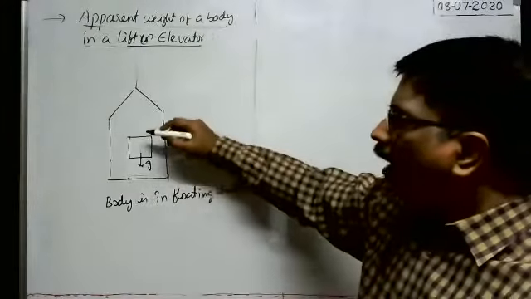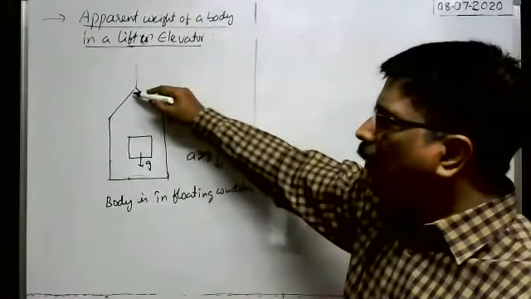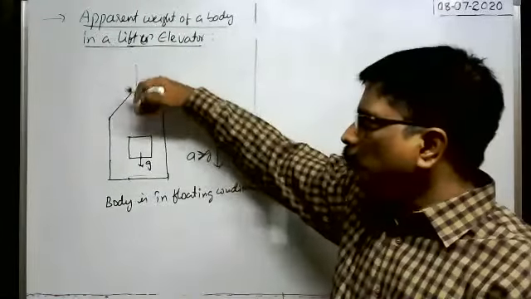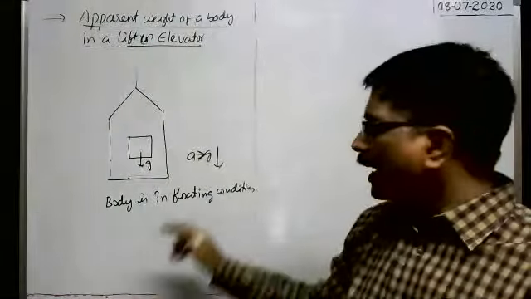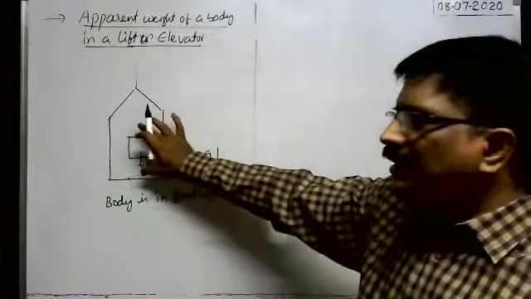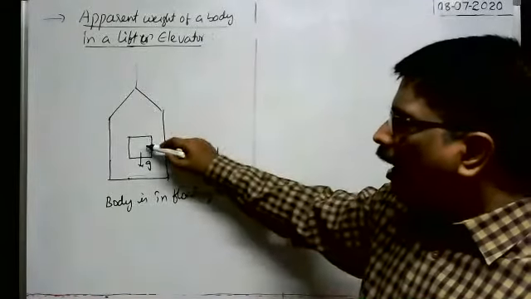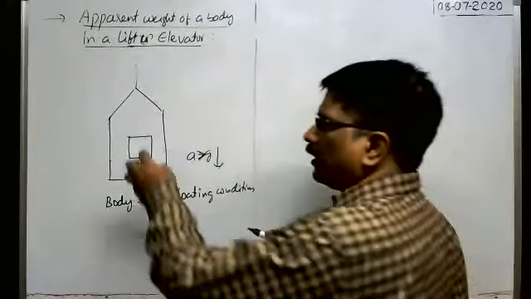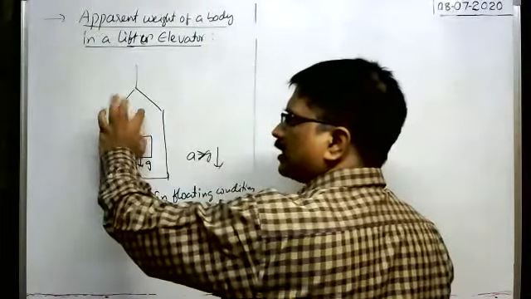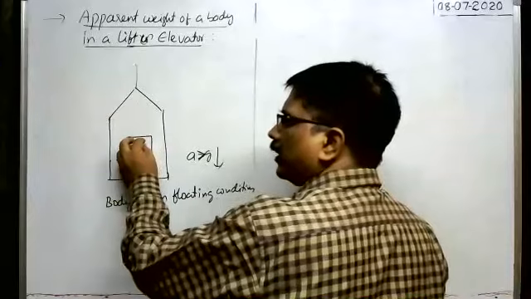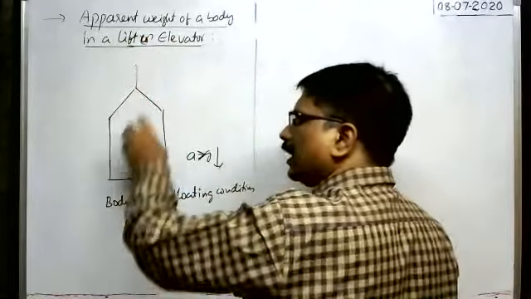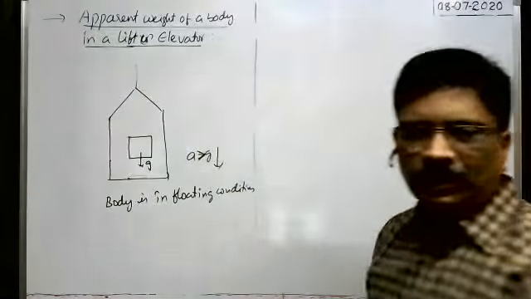How high it floats means until this block touches the upper surface of the lift. After that, the upper surface of the lift pushes the block in the downwards direction with acceleration A. That's why it comes down. Until the block reaches the upper surface, it is in floating condition, because with respect to the lift, as the lift comes down with more acceleration, definitely the block comes down. Then this acceleration gradually decreases, and whenever this block touches the upper surface, the block comes down along with the lift in the downwards direction. Okay.